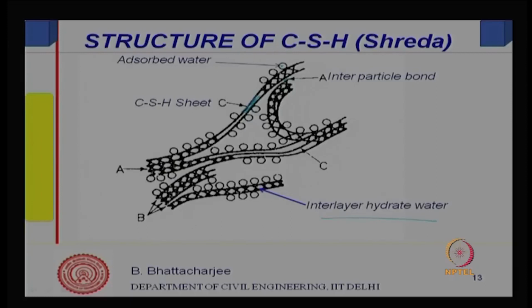So, these are all interlayer water, adsorbed water is here, these are the layers, and within the layer there is interlayer water. So, the interparticle bond is here, adsorbed water, CSH sheet, A is this interlayer water, and B is interlayer hydrate water. So, this is another model,